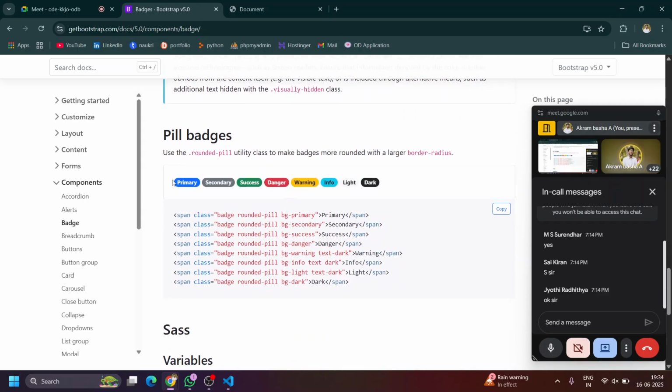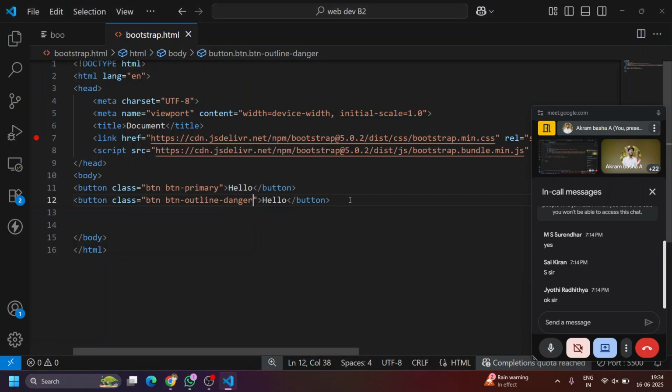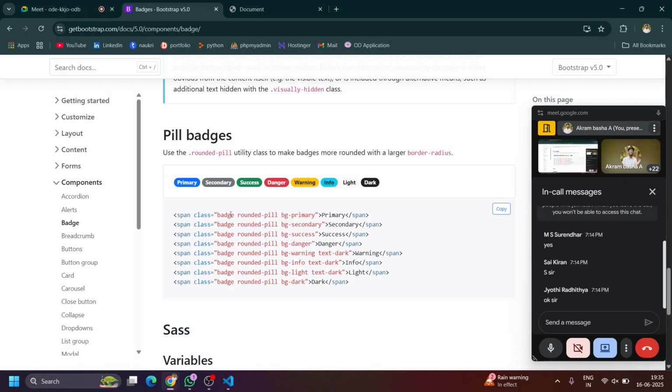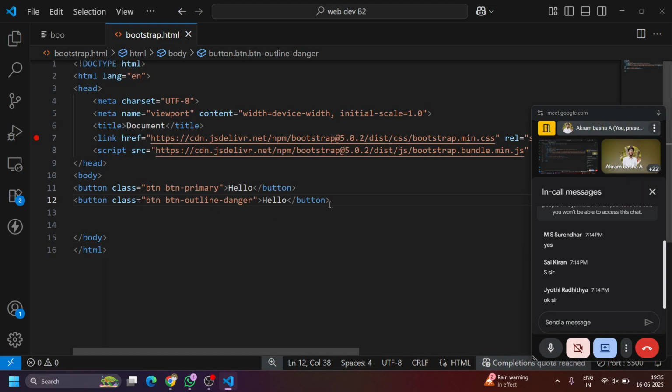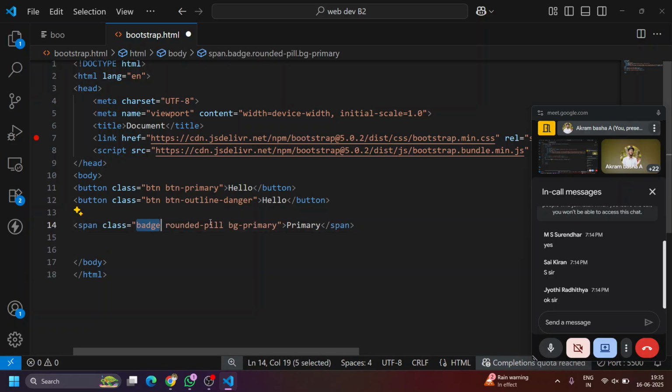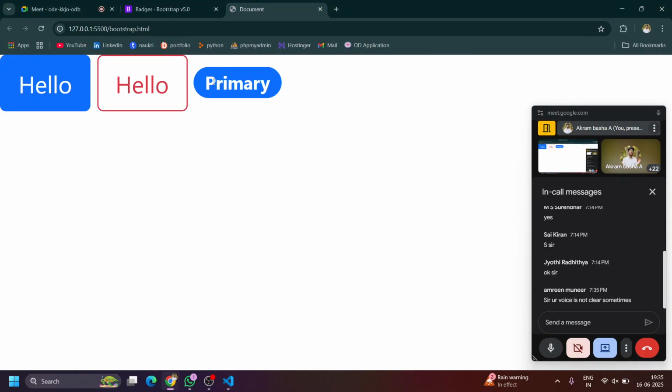If you need a rounded button, just provide this. This is a badge. Let us take this and place it over here. They have provided the class badge, then rounded-pill, bg-primary. If you check this, you will get